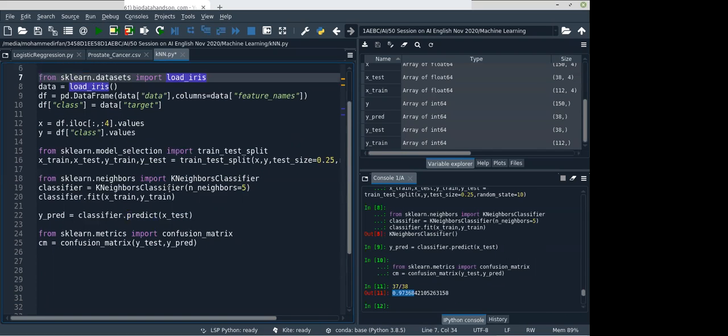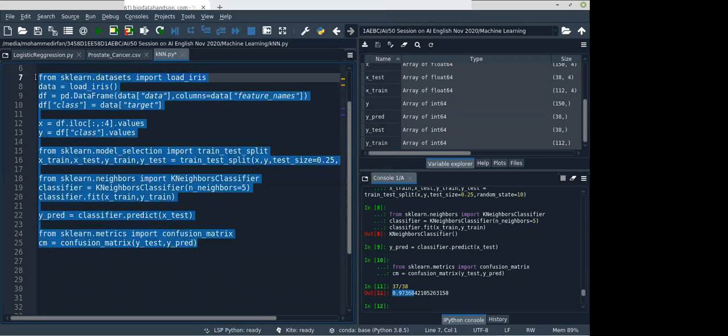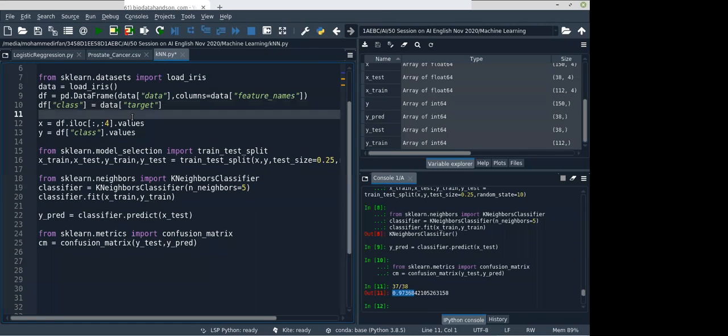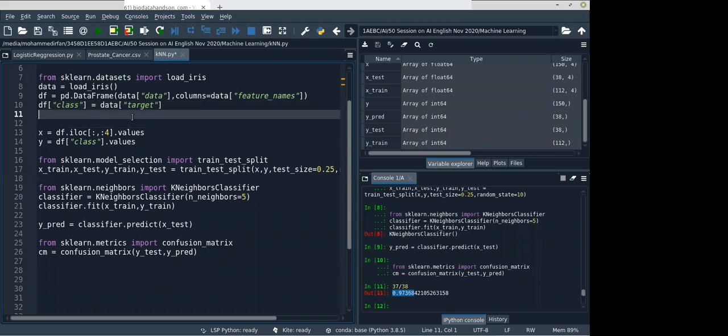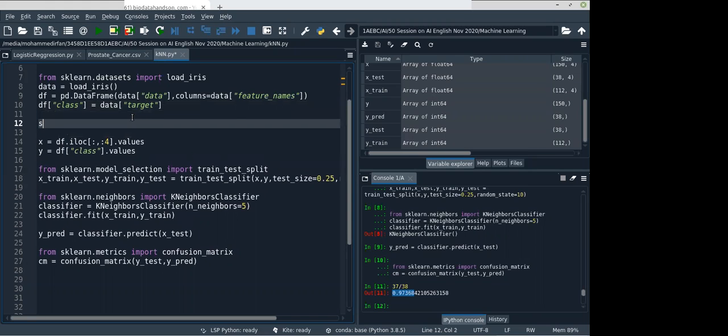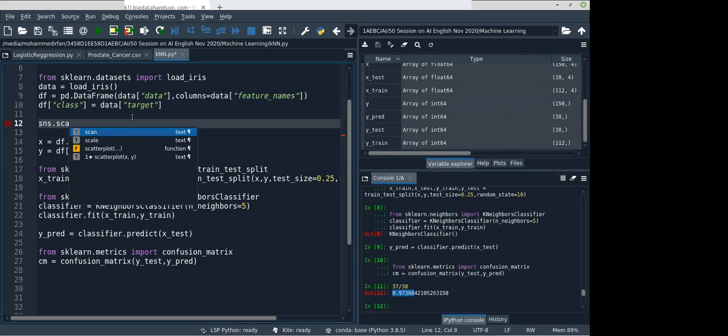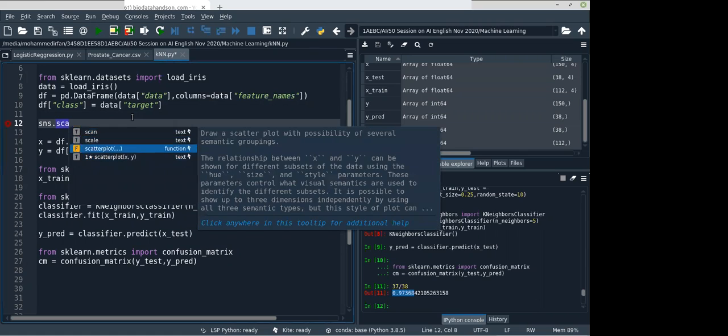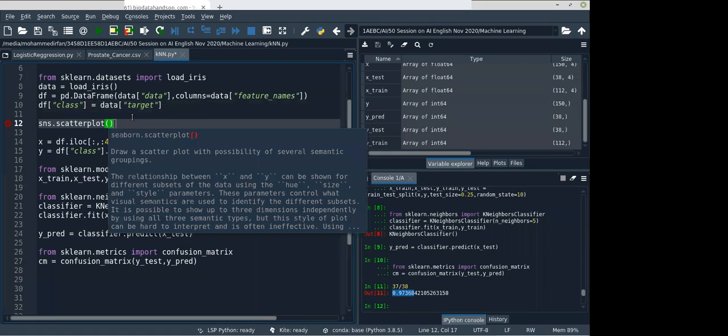So I will just comment all this out because we are going to use new data, not this one. Okay, but before this, I will show you visualizing this. sns dot scatterplot. Let's plot with sepal length and sepal width.